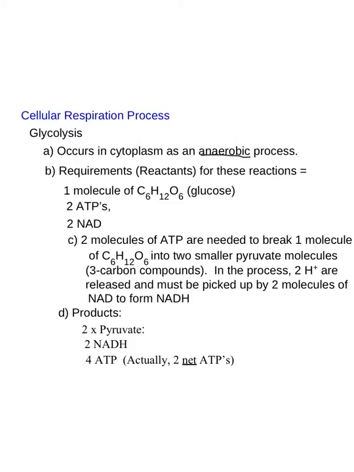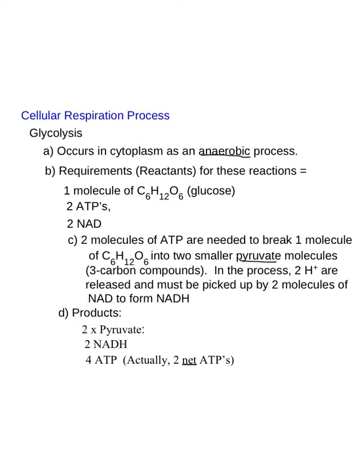What actually happens here? The 2 molecules of ATP are needed to help break apart that 1 molecule of glucose. When we do this, we end up with 2 smaller molecules called pyruvate. Now these are 3-carbon compounds, but they're not exactly half of a glucose. They've got a couple of hydrogens missing. So those hydrogens are released and have to be picked up by the 2 molecules of NAD to form NADH. Therefore, our products are going to be a couple of pyruvates, 2 NADHs, but in the process, this is really